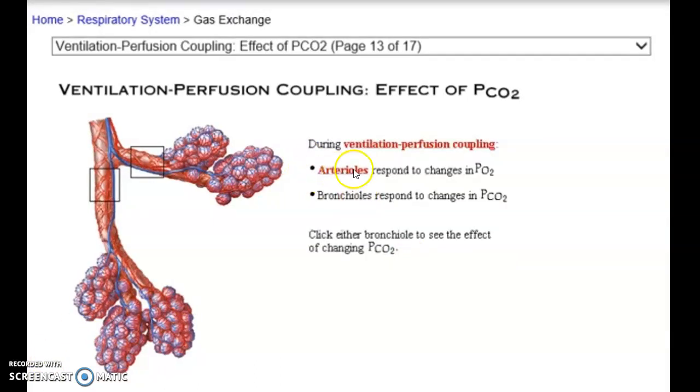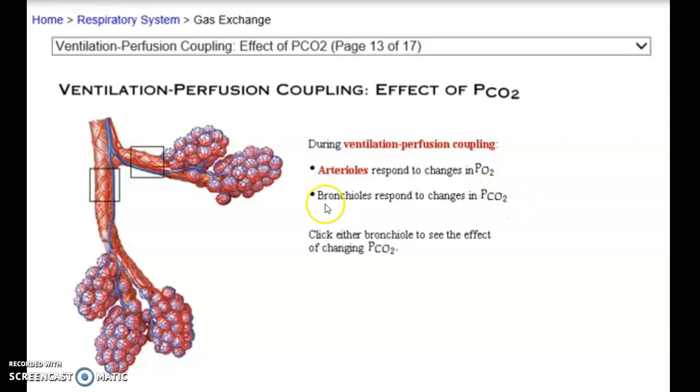So our arterioles, the blood vessels bringing oxygen poor blood to the capillaries, respond to the changes in our partial pressure of oxygen. Again, if I have a lot of oxygen, then my arterioles will dilate. If I have something blocking the flow of oxygen in, then my arterioles are going to constrict. But the size of my bronchioles is going to respond to the changes of my partial pressure of